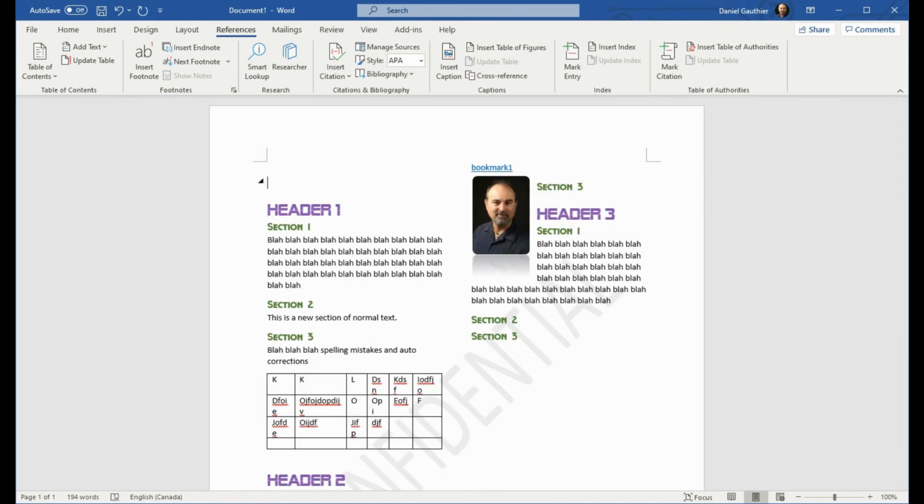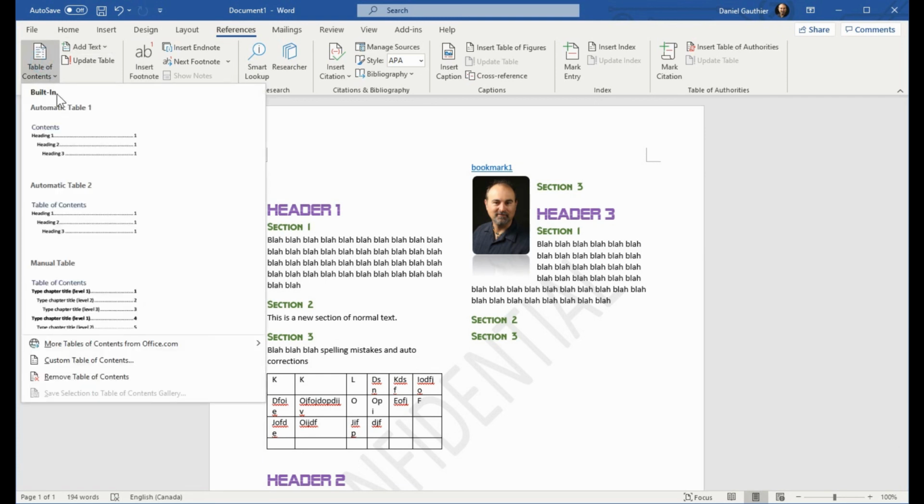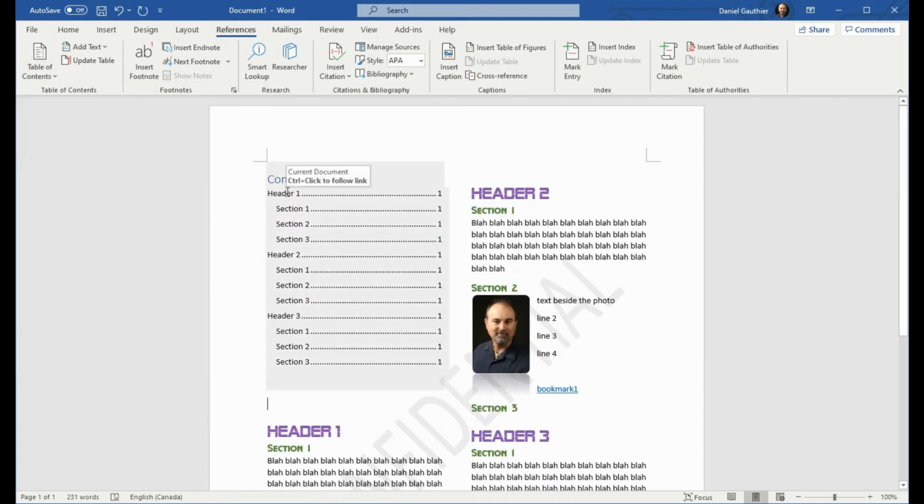So if I add a space at the top here, I can create a table of contents and choose from one of the options here, and it'll automatically create a table of contents for me, letting me know what page number it's on, what the name of our header 1 is, and the name of our various header 2 sections that we've identified, and they're all clickable to jump to that section of the page. Right now they're all on page 1, so this doesn't look very impressive, but if we have it spread across multiple pages, it will automatically create this table of contents for you.